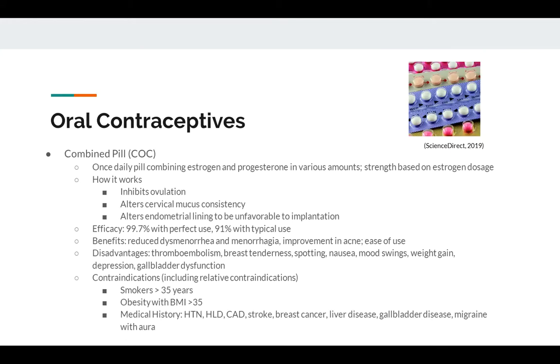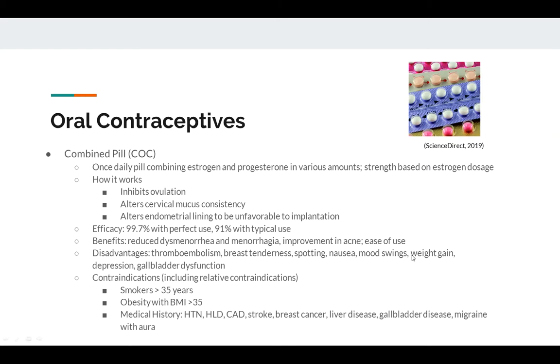Okay, so oral contraceptives. There are a lot of oral contraceptives. I'm not going to go through each one of them, but I do want to point out that the hormone combinations in each pill will affect how often they need to be taken and how perfectly they need to be taken. So for example, the estrogen-containing pills are a lot more forgiving than the progesterone-only pills. The progesterone-only pills need to be taken within 3 hours every day or they can wear off.